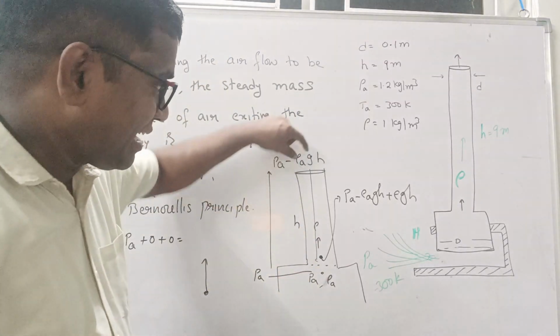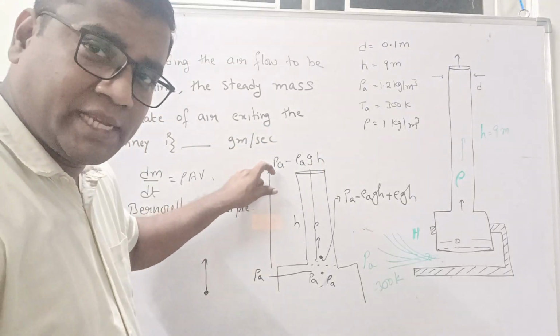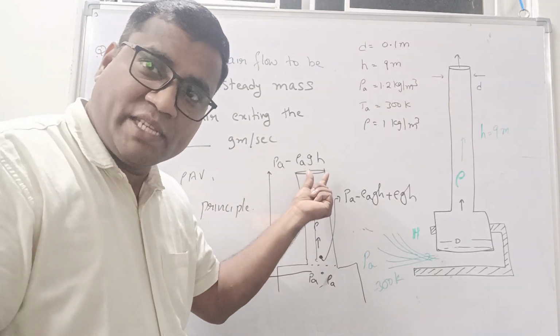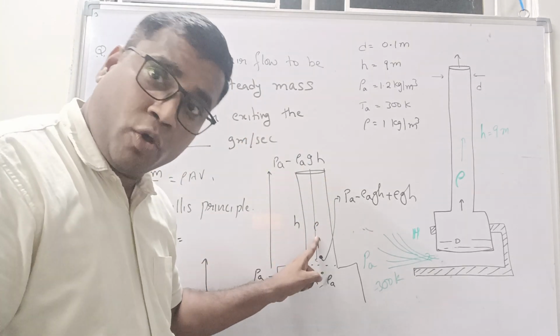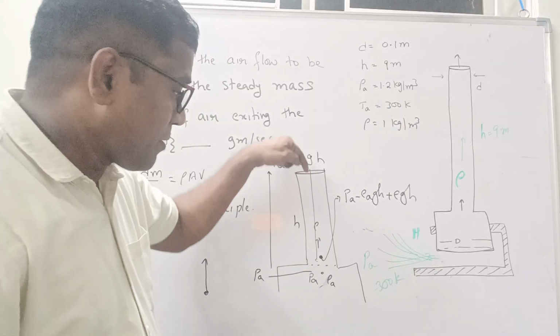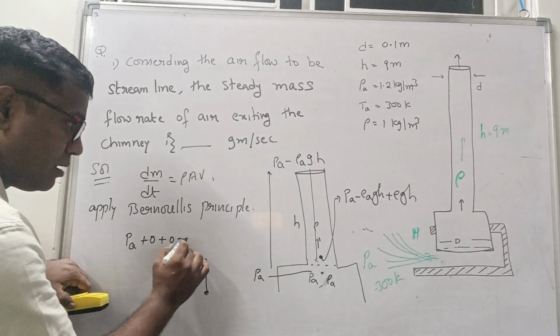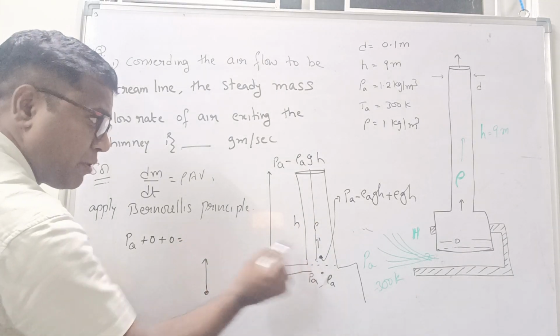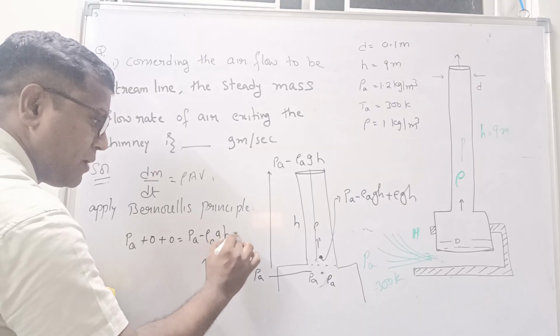So first I calculated the pressure at this point. Height H decreases, so pressure is decreased by rho A GH. And again height H increases in a density rho, thus the pressure increases by rho GH. So at this point, the pressure I got is PA minus rho A GH plus rho GH